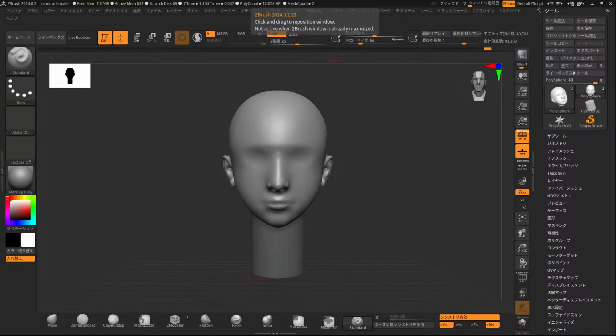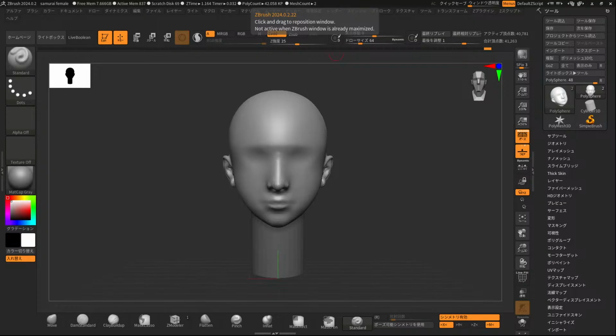Cool. There we go. Nice. Maybe he should be able to bend his arm a little bit. Okay, cool. There we go. So we'll come down here and we'll go to polygroups, group, masked. Now we look at our polygroups. There you go. So we're halfway there, but obviously the problem is these jagged edges.